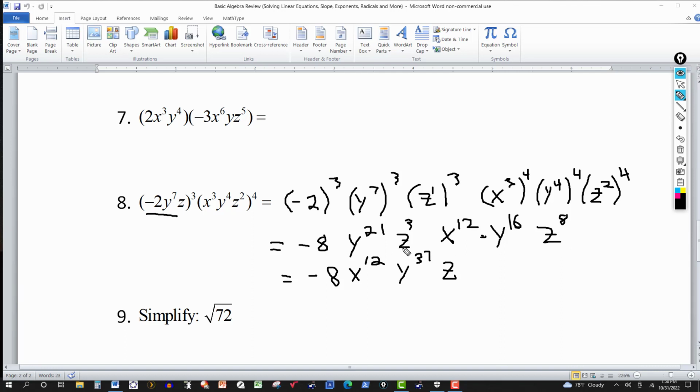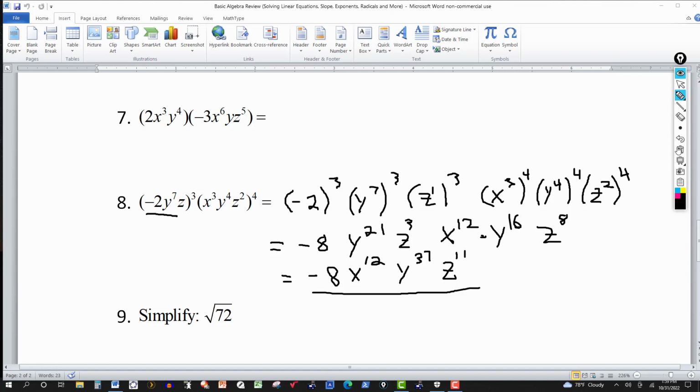We add the exponents, bring down the base, 3 and 8 is 11. So we get negative 8, x to the 12th, y to the 37th, and z to the 11th. So this is an exercise in multiplying monomials, and also an exercise obviously in using the rules or laws of